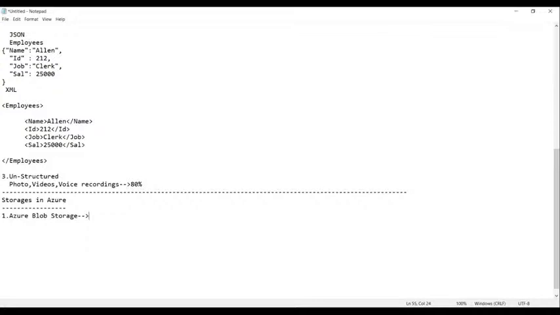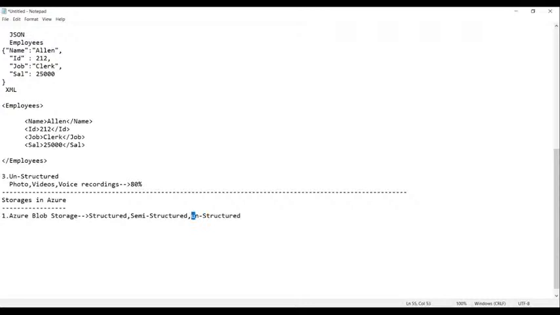So the Azure Blob Storage can store structured data, semi-structured, and then unstructured.